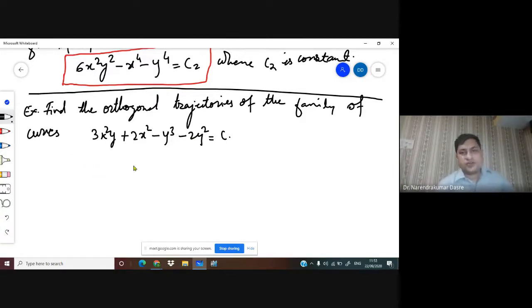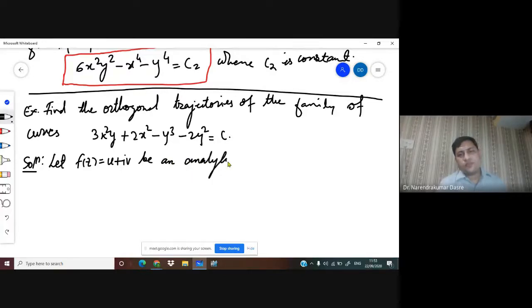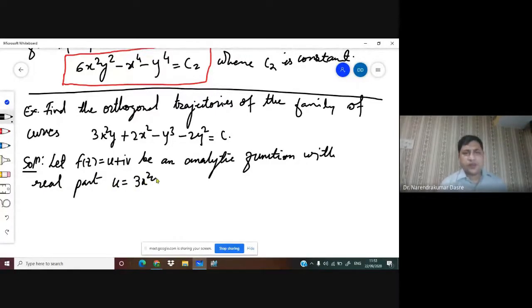Now this is the family of curves given as this c generates the family. So that's why this is the family of curves given, and we have to find the orthogonal trajectories to this family of curves. So let us consider f of z is equal to u plus iv be an analytic function with a real part u is equal to 3x square y plus 2x square minus y cube minus 2y square